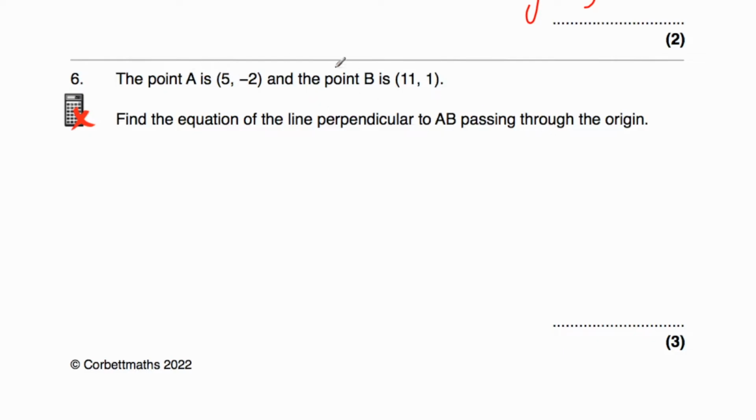So if we find the gradient of AB, we can then find the gradient of the line perpendicular to it, considering the negative reciprocal. And we then know where it passes through the origin. So that means we can find the equation of that line. So what we need to do is find the gradient of the line that passes through the